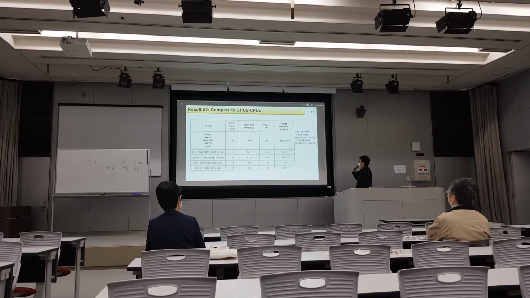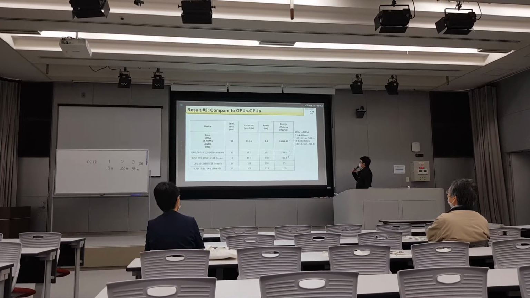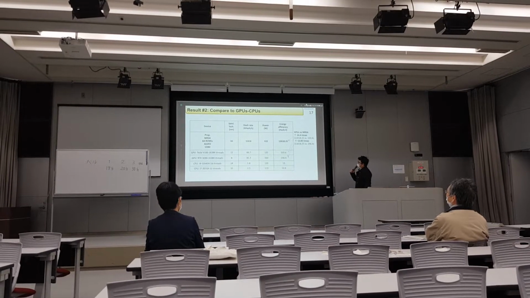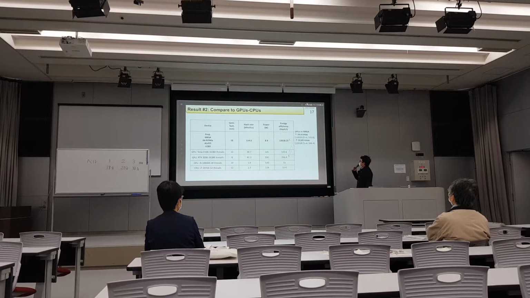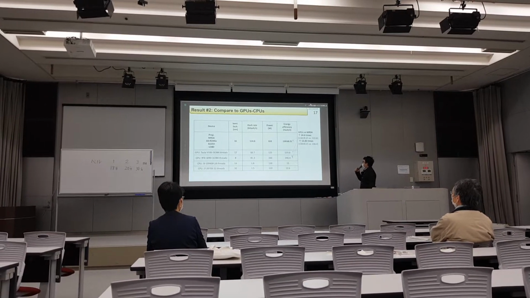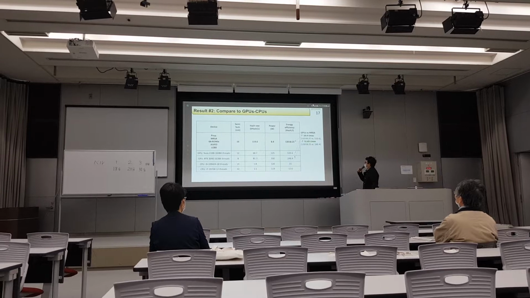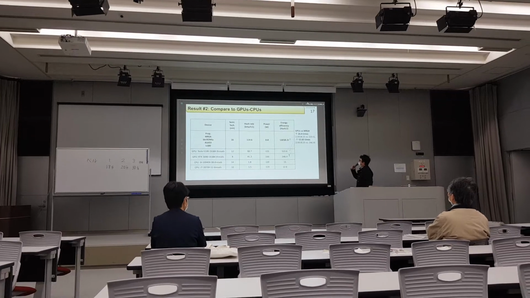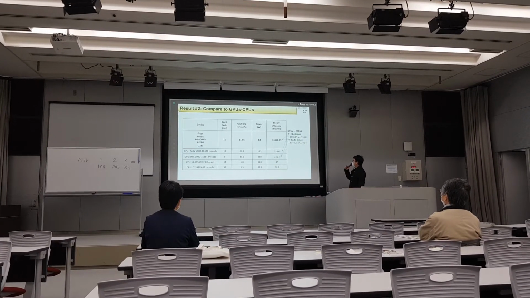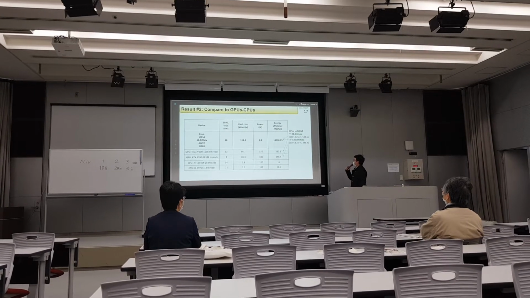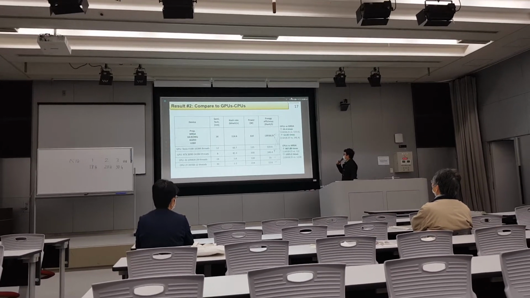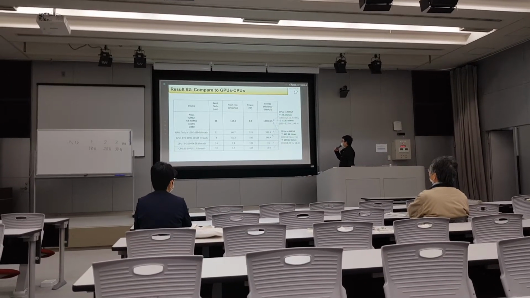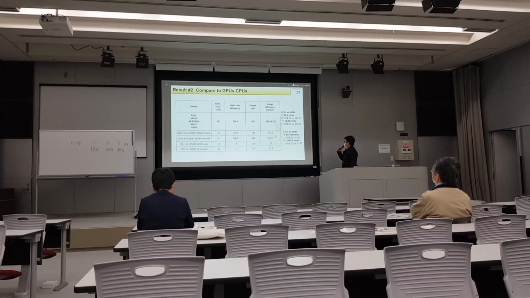When compared to my proposal with the FPGA, on the Alveo U280, the energy efficiency improves 24 to 52 times. It is the hash per joule. Yes, the number of hashes per joule is the energy efficiency. When compared with the CPU, it can improve the efficiency from more than 800